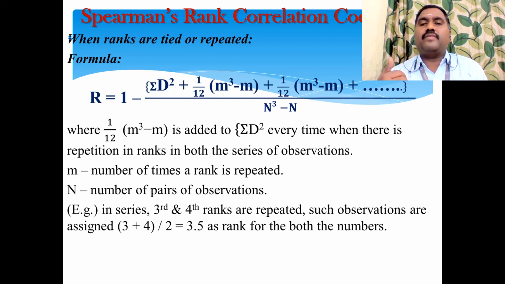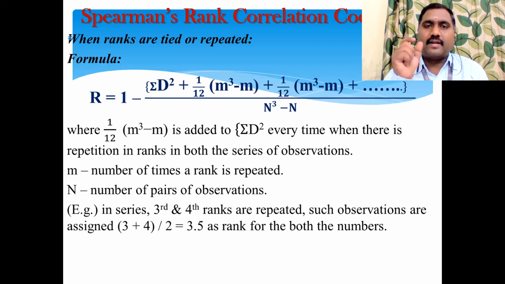Second pattern of the problem that we worked out: ranks are given directly. So instead of giving the X value and Y value, the rank for the X variable will be given directly. When the ranks are given directly, we can take them as R1, R2. And then you can find out the D value and substitute in the formula, right? And then the third pattern of the problem is what we discussed yesterday.